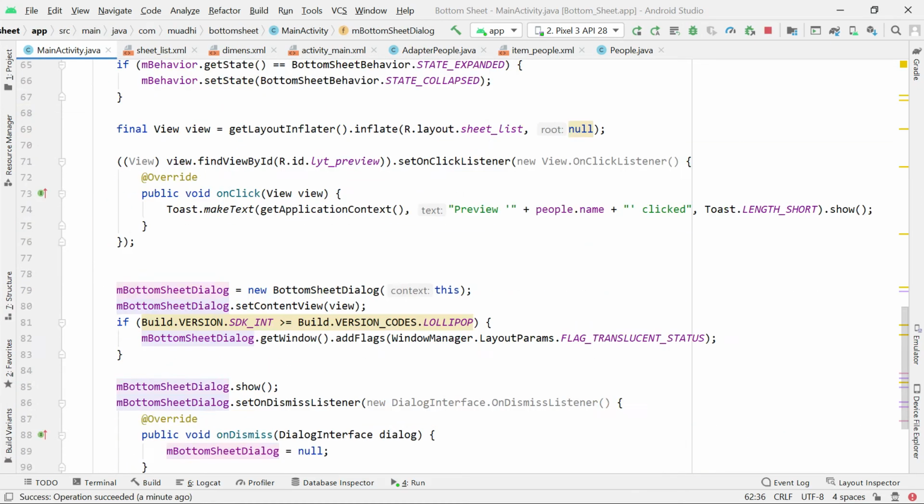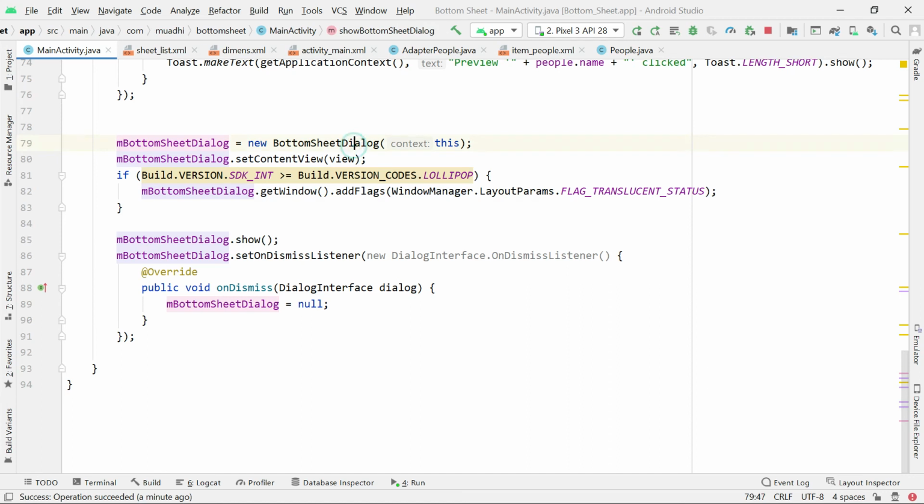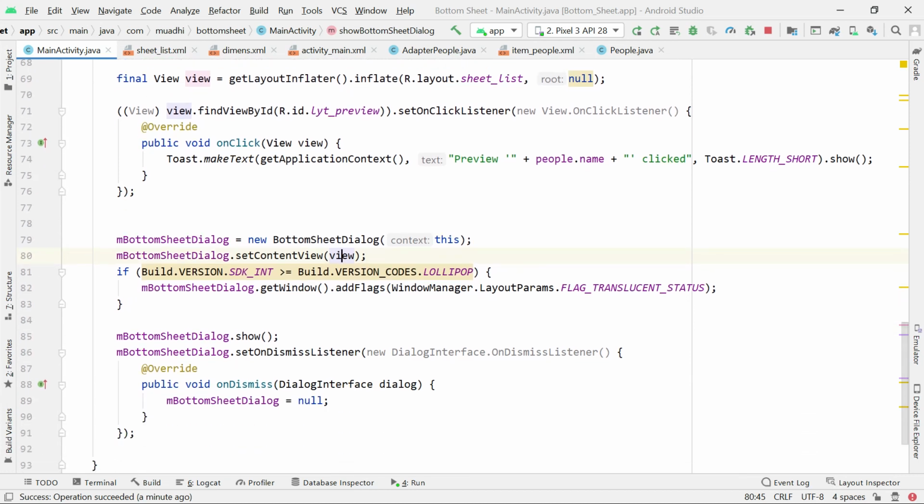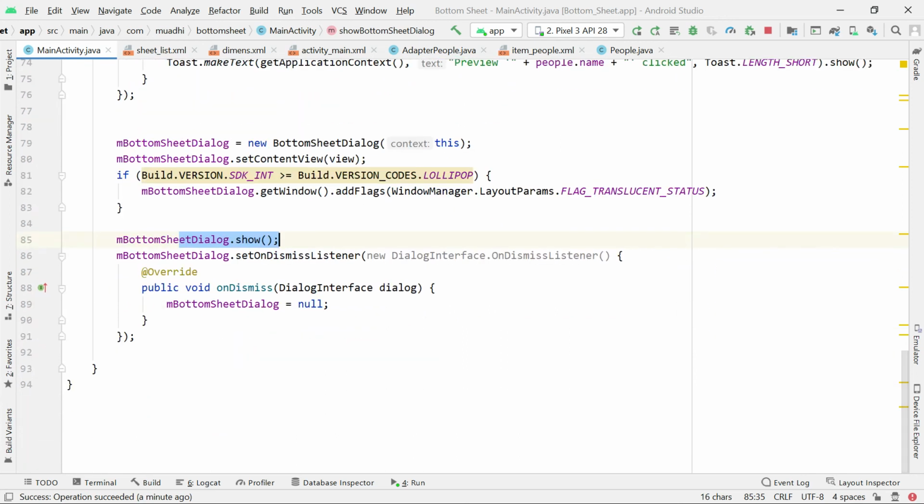The bottom sheet dialog will be equal to a new bottom sheet, and then here we set the view to be the view that we got when we're inflating. So just inflating this bottom sheet into this dialog, and then you check the window and expand it. After that we put show to display it, and after finishing displaying it, we can destroy it by using null. So I'll run the application and show how it's going to work.